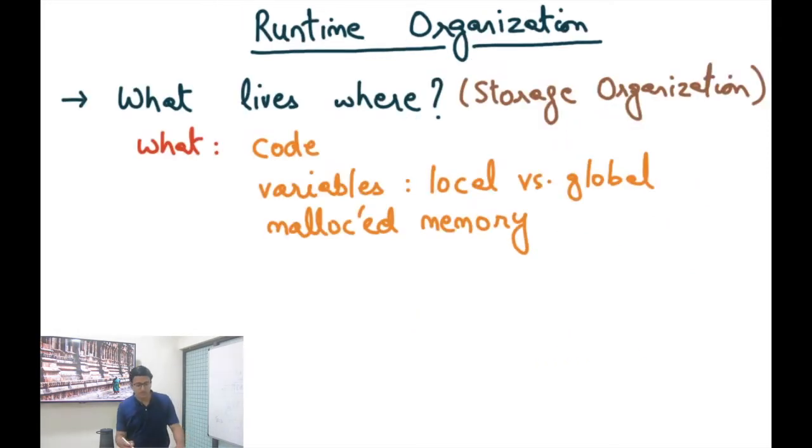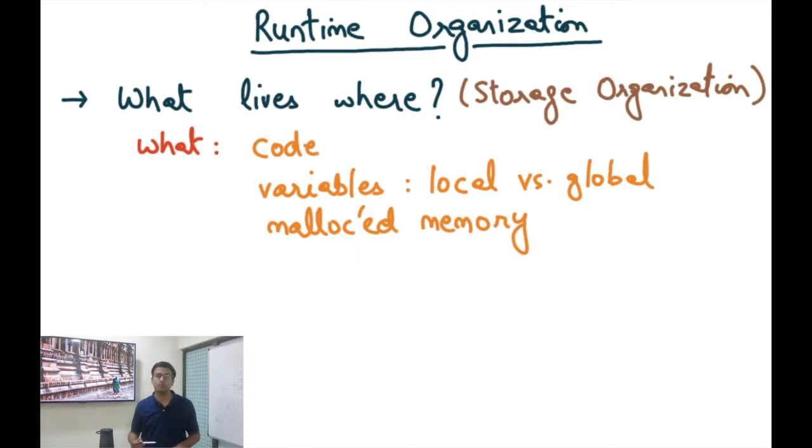So what does runtime organization contain? Well, it contains a lot of things, but some of the things it represents is what lives where. It can also be thought of as how the storage is organized. When we say what, we are interested in figuring out where the code stays and where the variables live. For example, the programming language may support local and global variables, so where should the space for those variables be allocated, and where should other types of memory allocation be